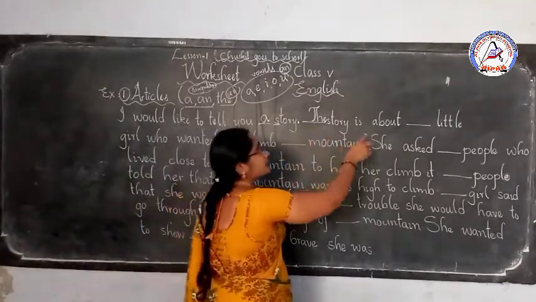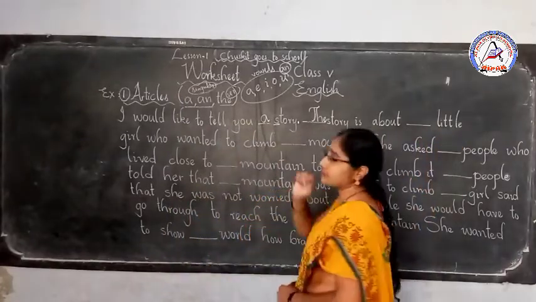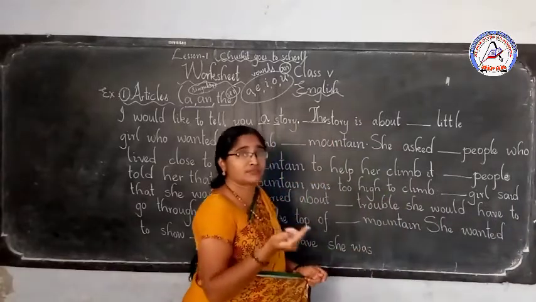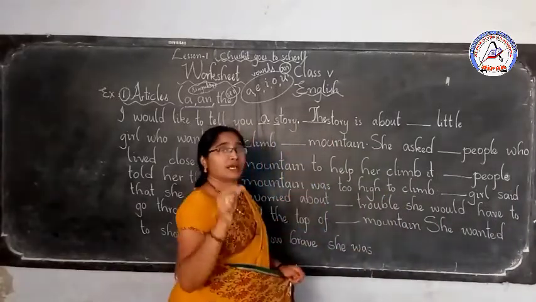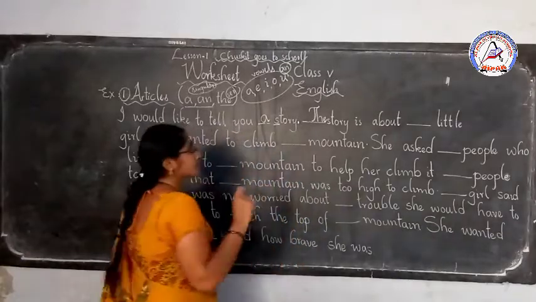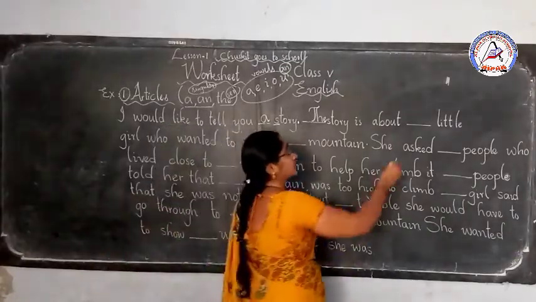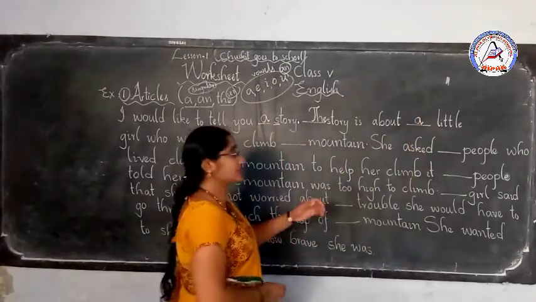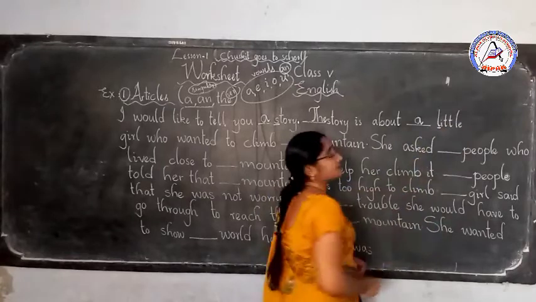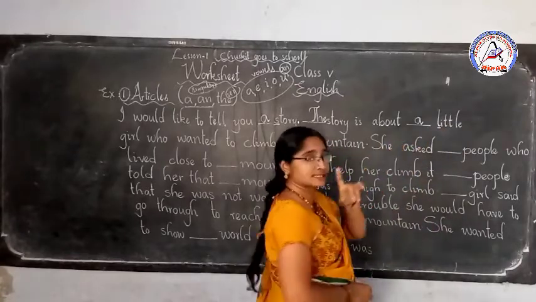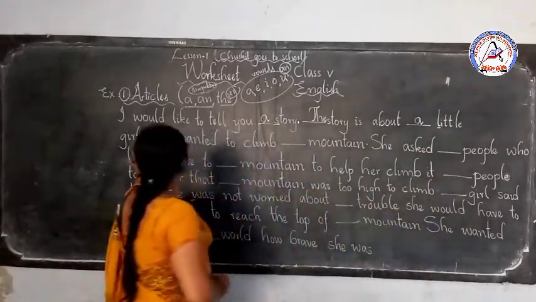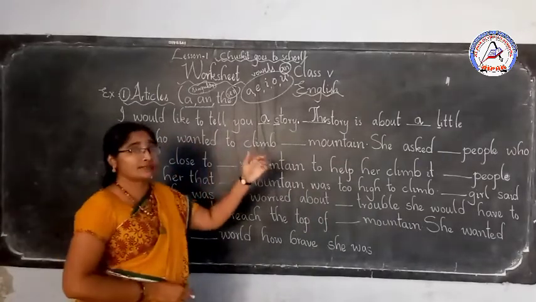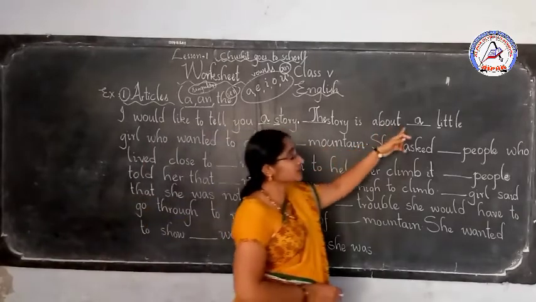So the story is about a dash little girl. Which girl? Do you know which girl? You don't know. So we are talking for the first time. In this sentence, it is given about a little girl. So a little girl, a small little girl. So you will write here a. Why are you using a here? Because little, L, is a consonant and also it is singular, and also you have to see that this girl is mentioned for the first time. That's why you will use a.